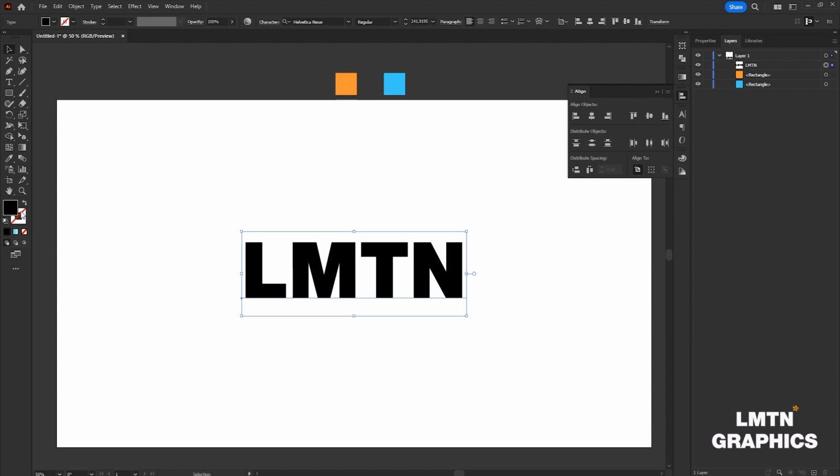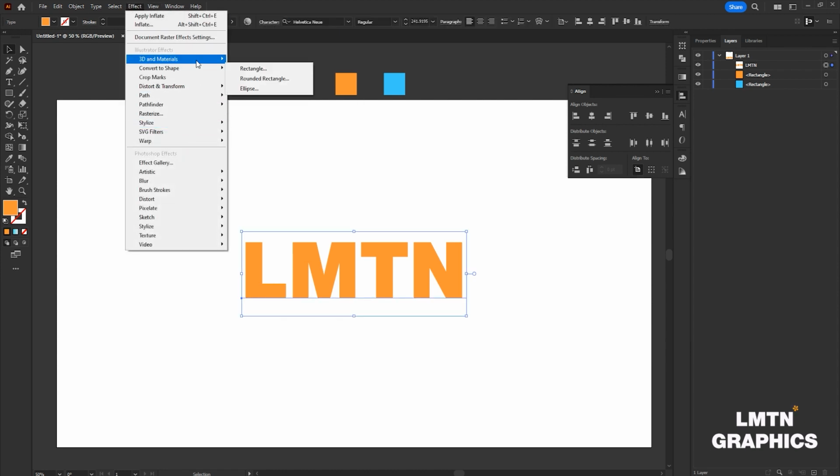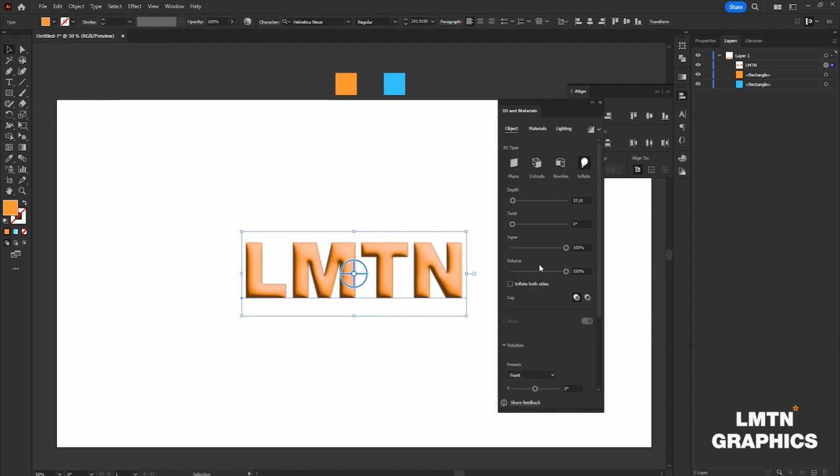and change the color of this sentence. For me I chose this orange, like this. Nice. Press here and go to effect. When we see 3D material, click here and choose Inflate. Nice, like this. Check Inflate both side